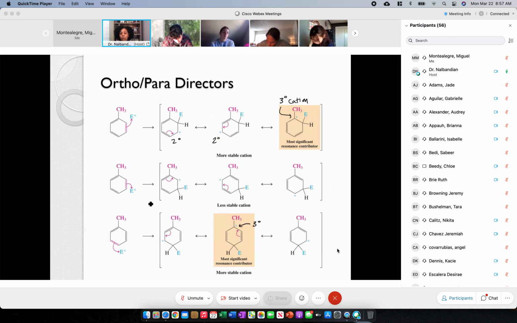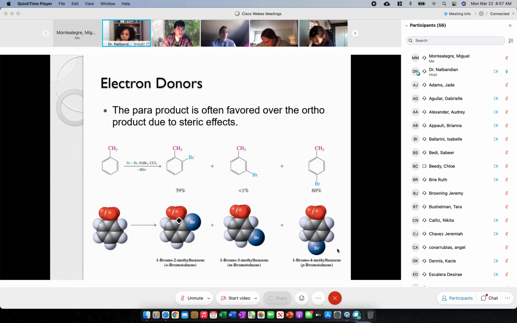But if we look at what would happen if we added it to the meta position, secondary, secondary, secondary, we can't access through these resonance forms a tertiary carbocation. And so the molecule knows that it doesn't want to add into the meta position. It knows that the ortho and the para positions are favored. But between the two, in general, para is going to be the major, and then minor will be the ortho